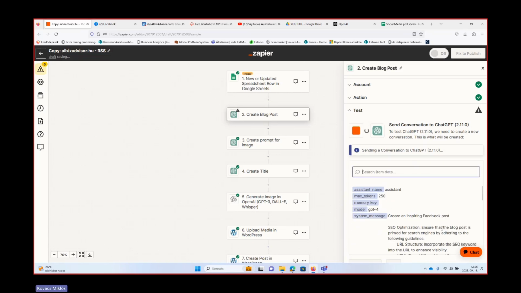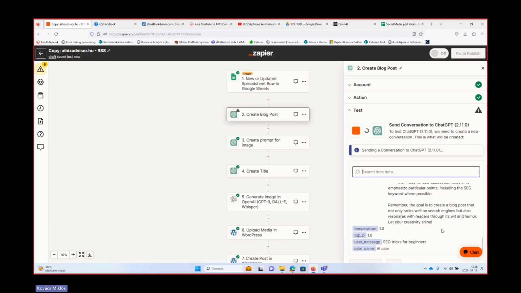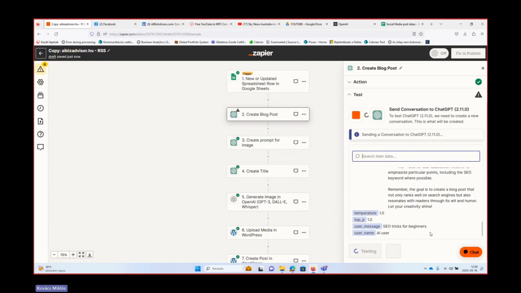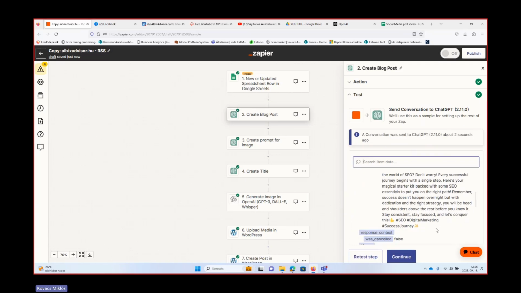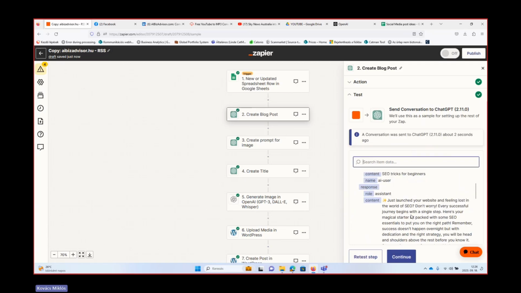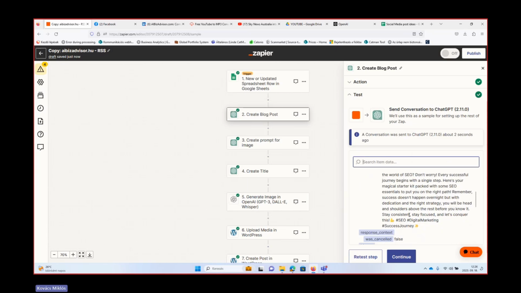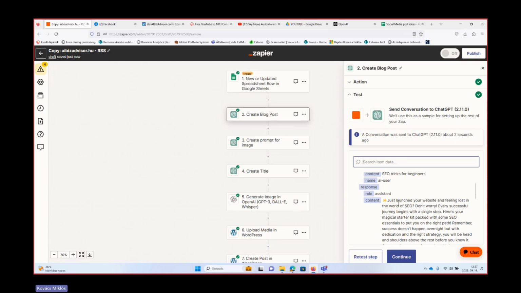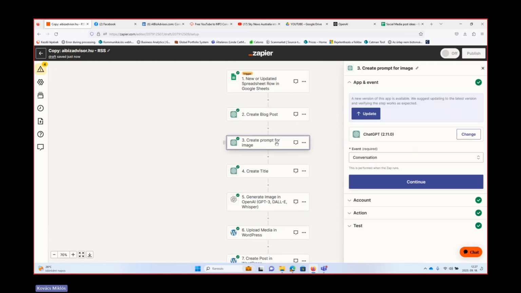Probably the prompt will not be fine because now I'm specifying lots of SEO requirements, but I just want to show you the logic, how it works. So instead of blog post creation, I'm asking ChatGPT. You see, it basically understood me, even if my prompt was not really properly made. So here we have the text, and then I need a prompt for the image.